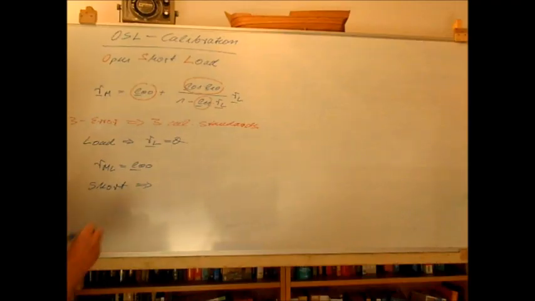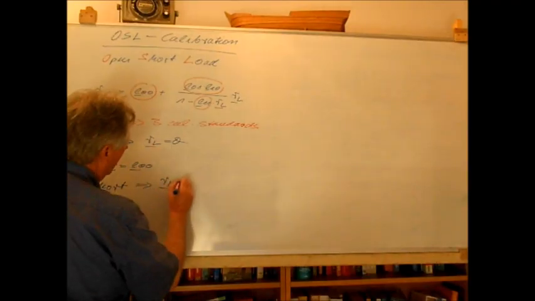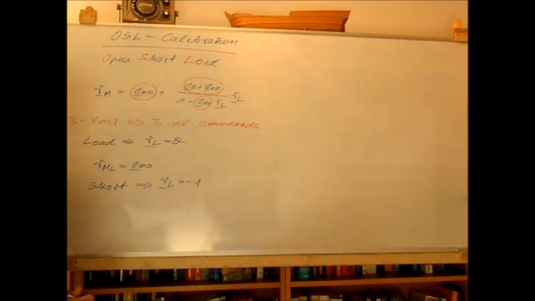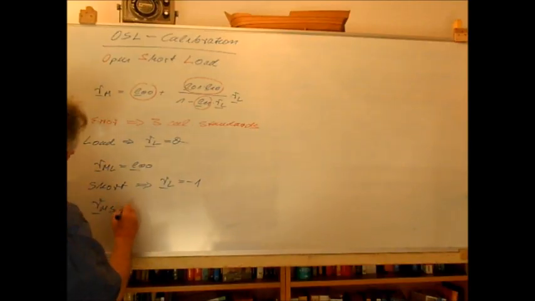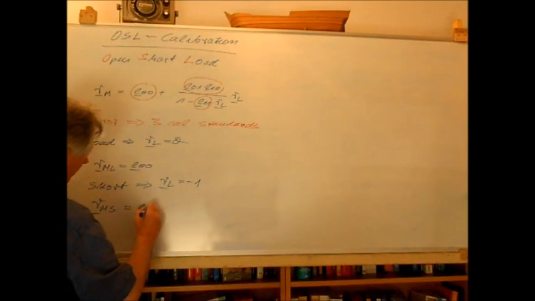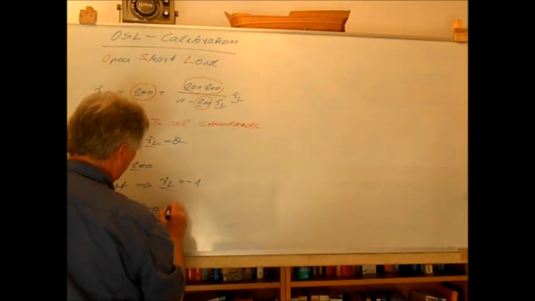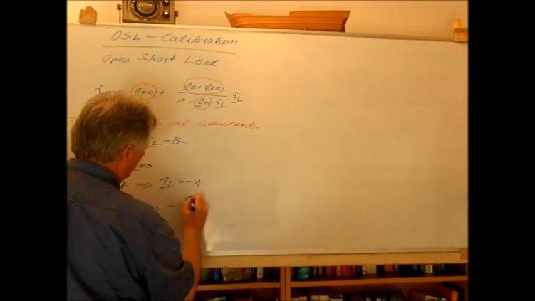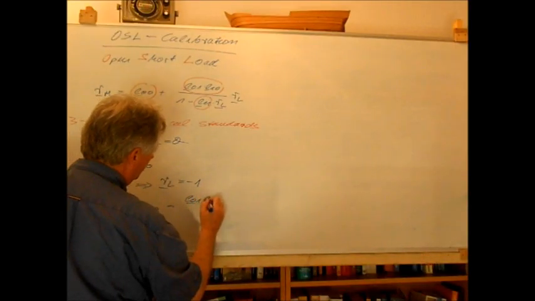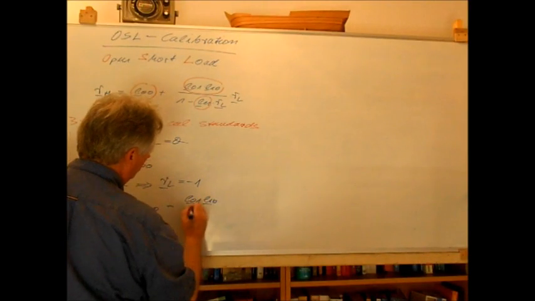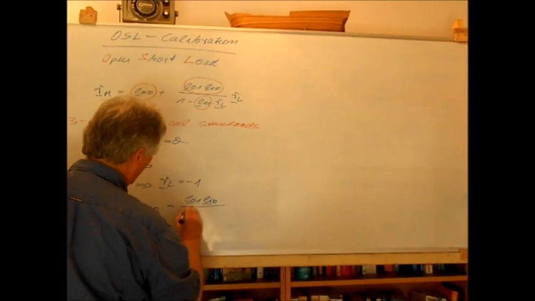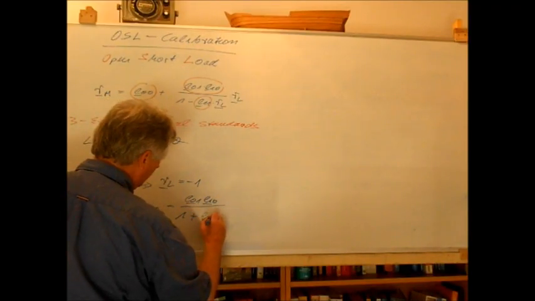In the case of an ideal short, our load would be RL equals -1, and so we get a measured parameter, which I call RMS. According to this equation, this will be E00 plus E10 times E01 times -1, divided by 1 plus E11,